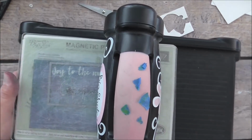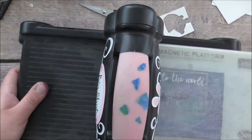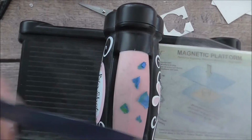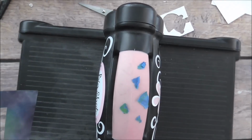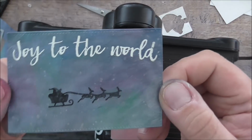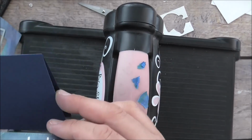And you know, as I've said many times, you can mix and match your supplies to suit the card that you want to make. No right or wrong. And if you have your equipment, why not use it? It doesn't matter what brand it is. So I really like that stitching kind of background to that. I think that looks beautiful. So I might just stick...